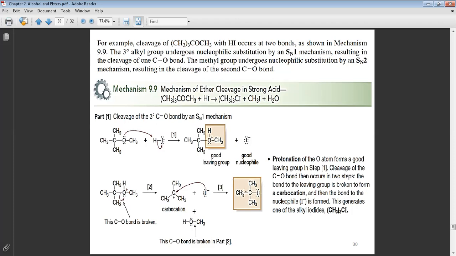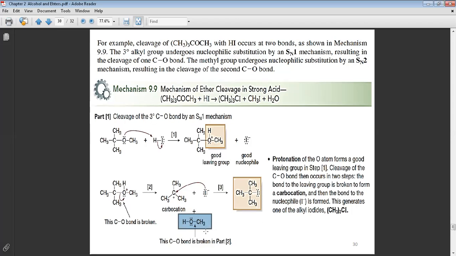Alkyl halide. Okay. Now, what is the product if you have an ether with 1 mole of HI? What is the product? The product will be an alkyl halide with an alcohol, with this alcohol here. That means if you react ether with 1 mole, 1 equivalent of HI, the product will be an alkyl halide with